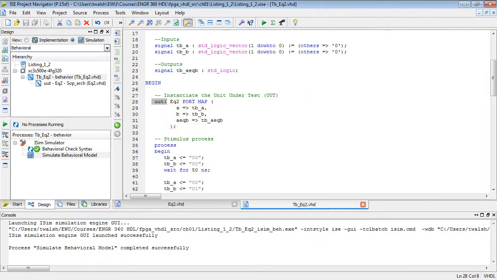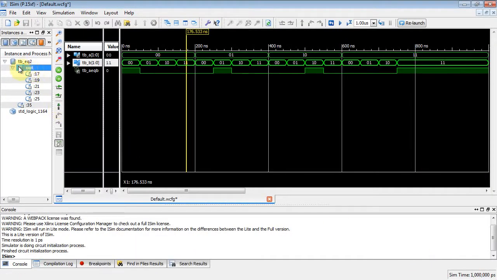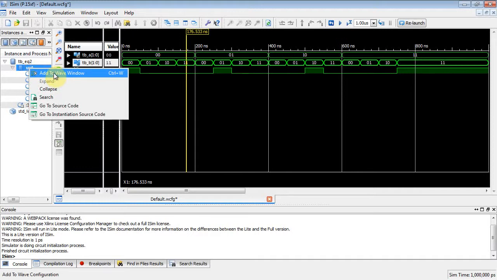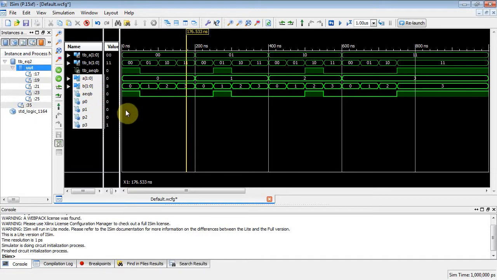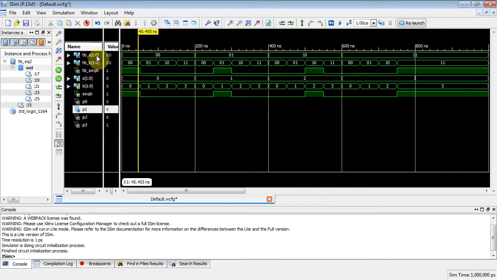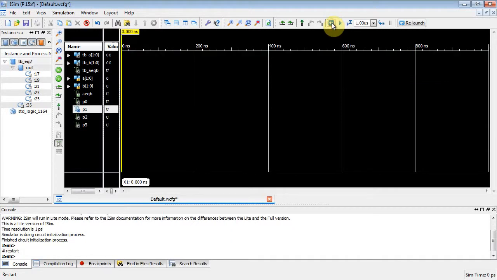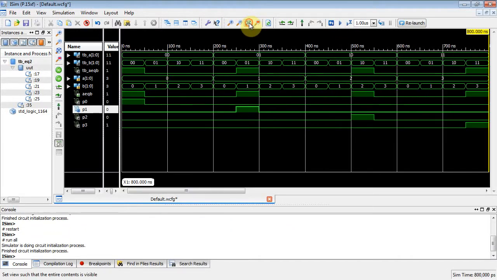Right? So let's bring up the simulator again. Let's select that UUT and say right click, add to wave window. All right, so what it did, it added a bunch of stuff. The first three ones, TBA, TBB, and TBAEQB, are part of the test bench. But now these guys down here are variables that are part of the component. A, B, AEQB, P0, P1, P2, P3. So it has my inputs and my outputs, plus it has my internal variables that were declared in the declaration section of the architecture block. So we need to rerun this guy. So what I can do here is I can say restart, run, zoom to full view, and look what we've